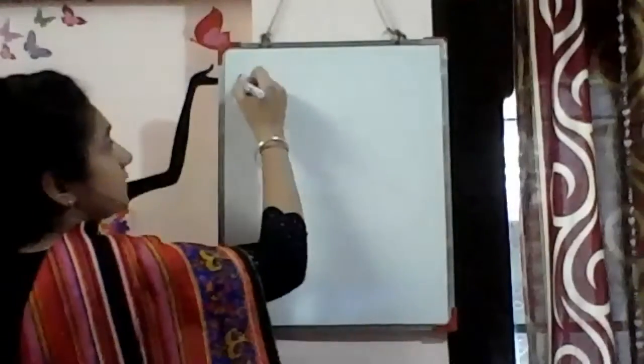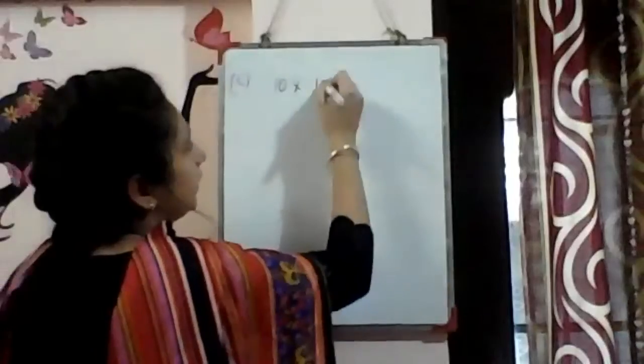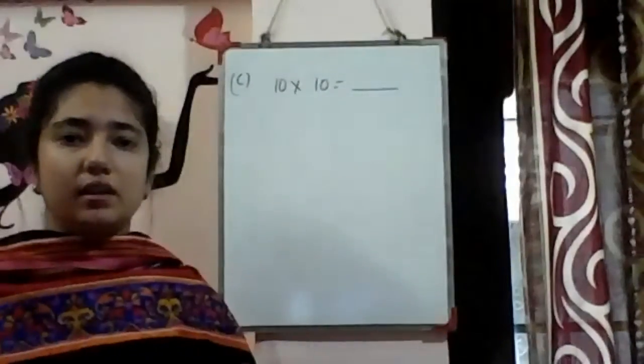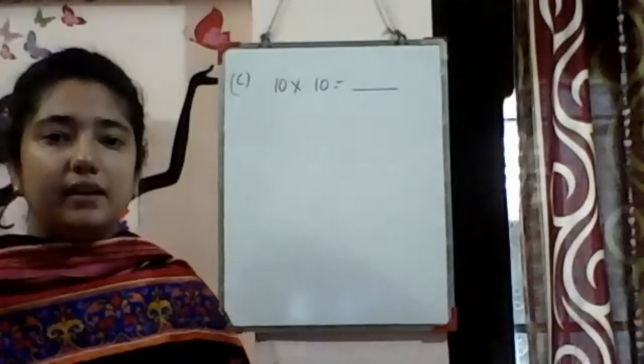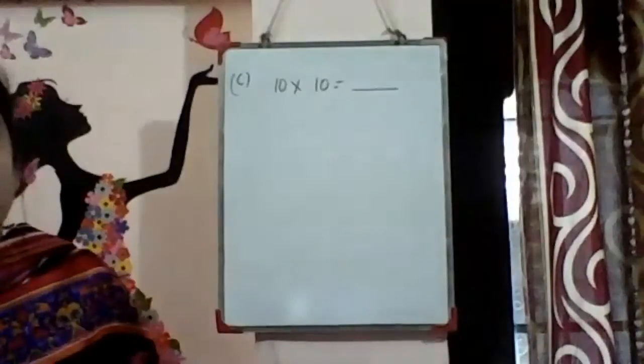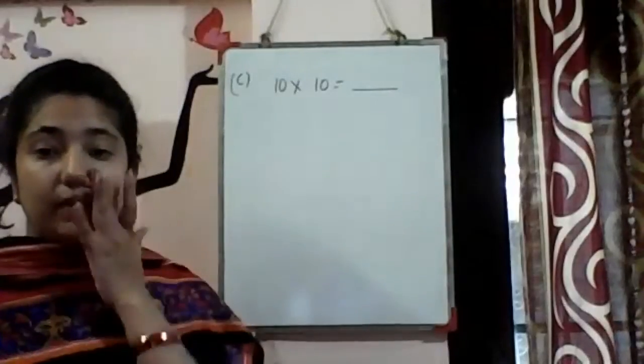Now next is, let's do some sums in the form of blanks. C part is, so quickly you will give the answer. 10 multiplied 10 is, this is in the form of blanks bache. 10 multiplied 10 is, Ananya, why are you laughing? What happened? 100. Yes, very good. Naval, Ishraj, Moksh. Very good.